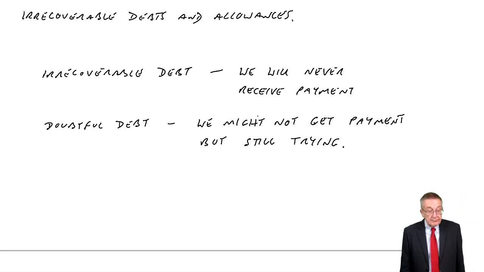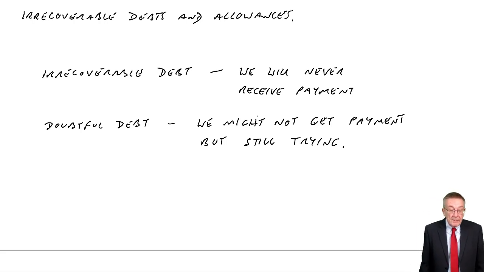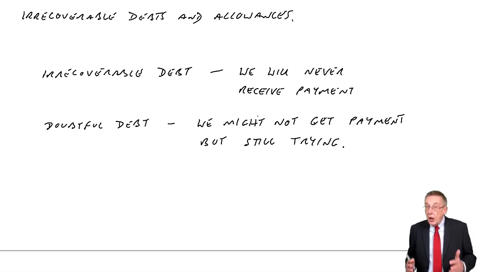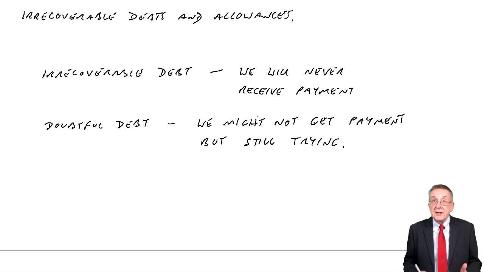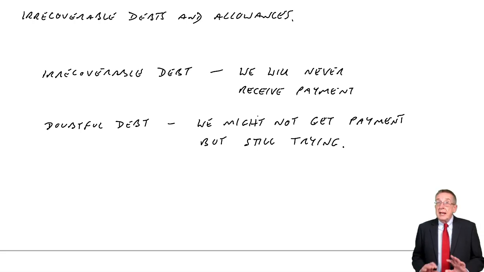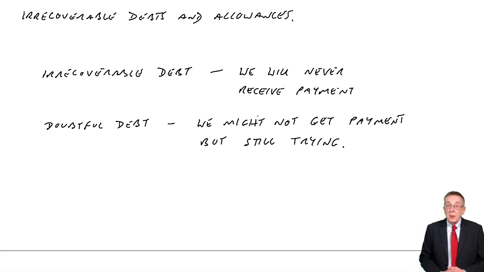In addition, again included in that total, is 2,800 owing from Z, which is regarded as doubtful. So we're owed the money, we hope we'll get the money, but there's a risk we won't. There's one more line mentioning general allowance. Ignore that for the moment, I'll explain that when we come to it.